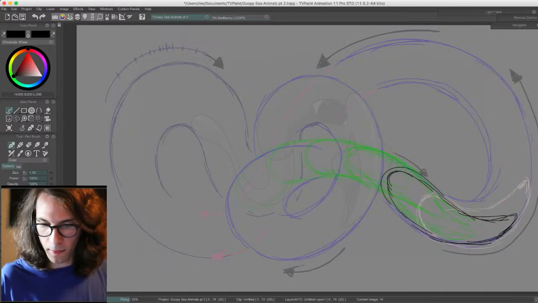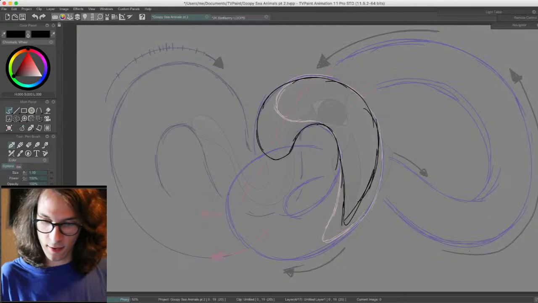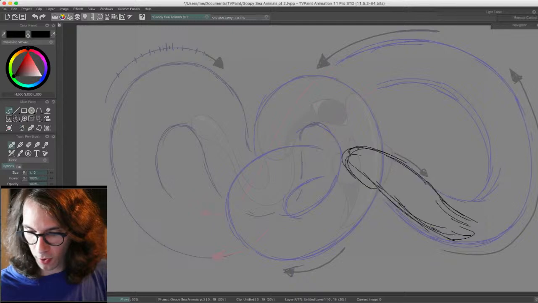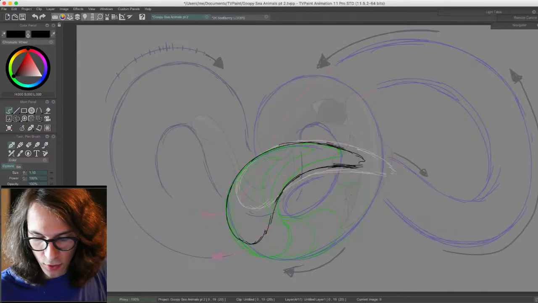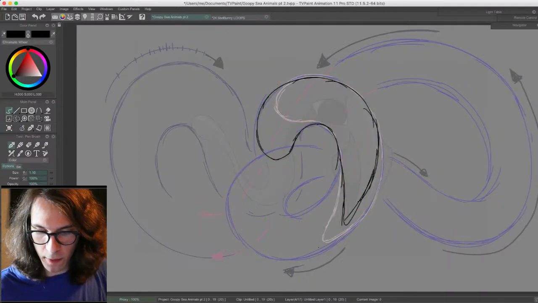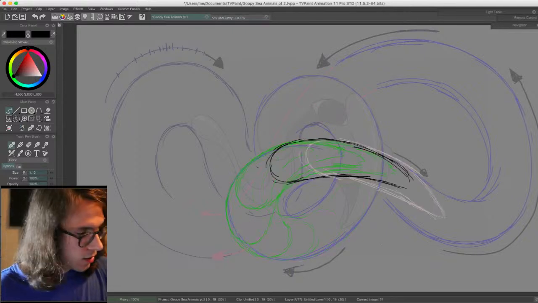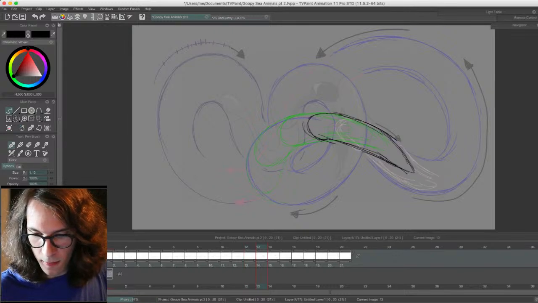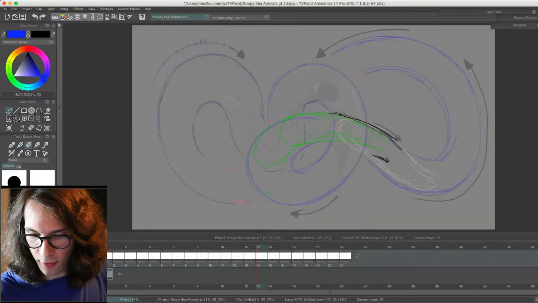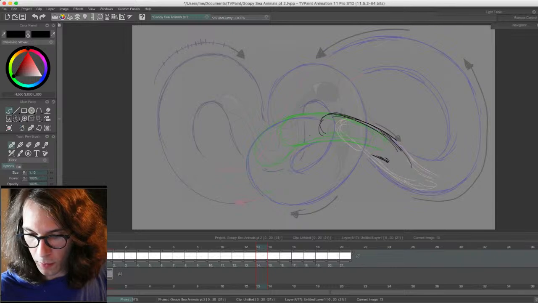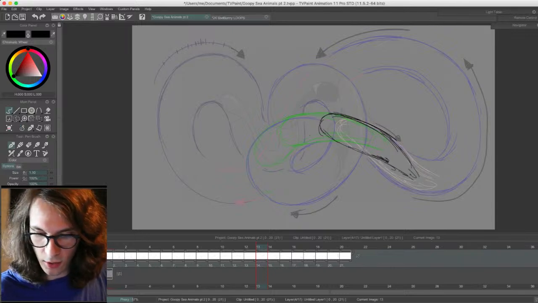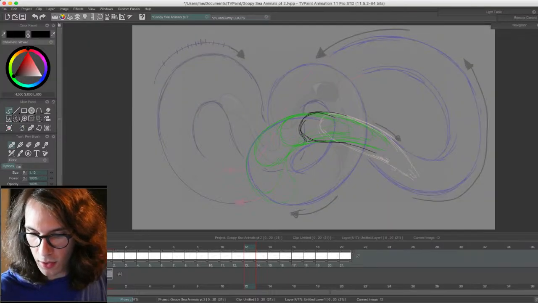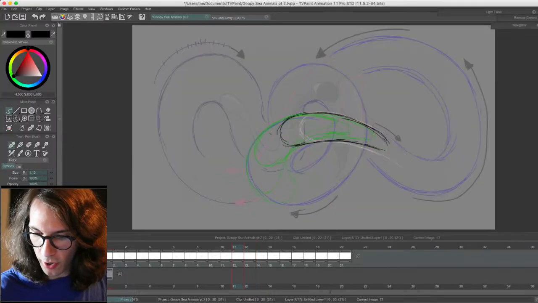Okay, let me just check this a little bit. Alright, I think I know what I'm going to do here. I think he needs to slow down just a little bit right here. I'm going to add one frame and make this one favor the next frame a little bit, just so that he slows a little bit on this arc. Always want things to cushion on arcs,